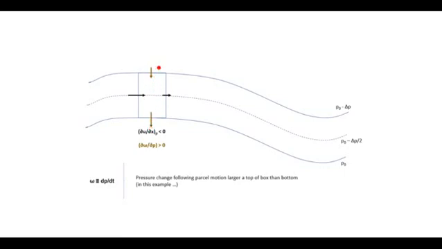So as you increase in pressure, omega is getting bigger. So d omega dp is positive when du dx is negative. So the pressure change following the parcel is larger on top than on the bottom of the box in this example, and in all three of these examples. So the distributions of omega are consistent, but the actual omegas and vertical velocities are different on each side. So again, this is just about a distribution, it's not about an actual